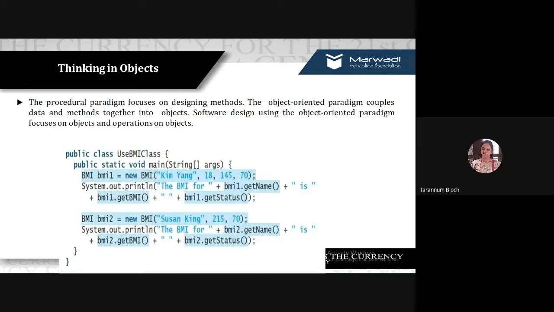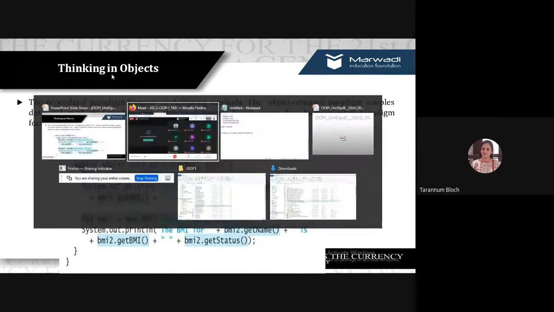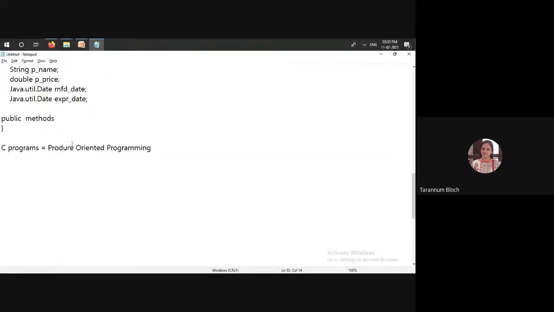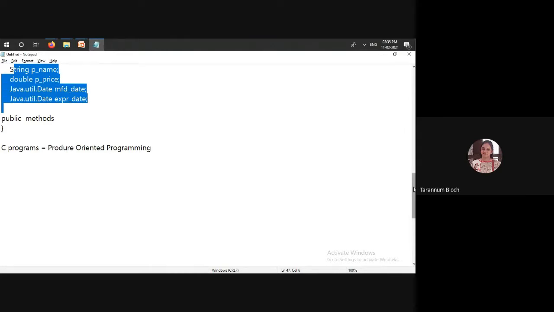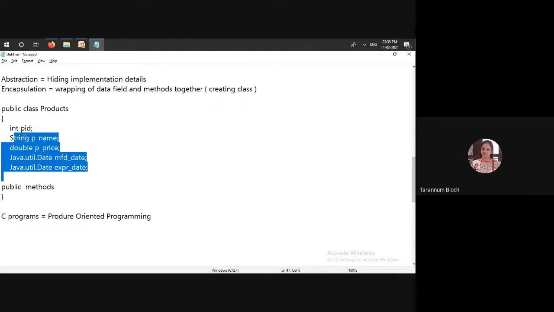So now what we are doing is, you see, it is a more managed way. If we were going to develop this software factory management using C, we would have taken all the variables related to product, manager, employees together, and then we would have kept them inside a single method, public static void main. Fine.